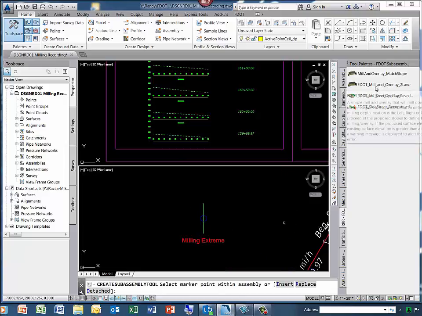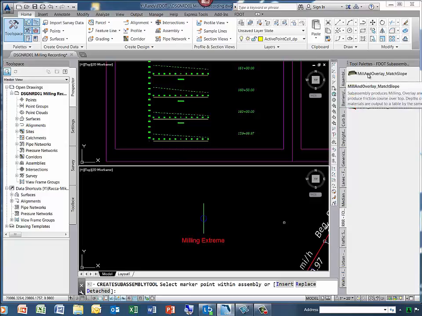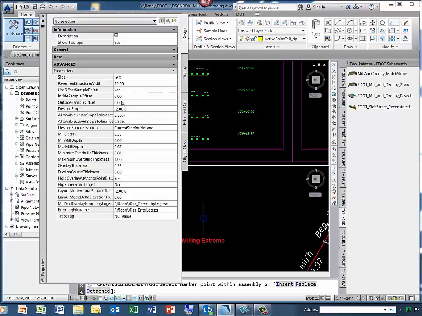You can click on the tool palette, click on mill and overlay match slope, which is our milling and overlay subassembly. Click on it, and a box will come up where you can enter in your parameters. Going from top to bottom, let's make some changes on the parameters. We want to change the pavement width to 10 feet. We want to change the use offset sample points to no. We want to leave the mill depth at 4 inches, which is 0.33. The minimum mill depth, change it to 1 inch,